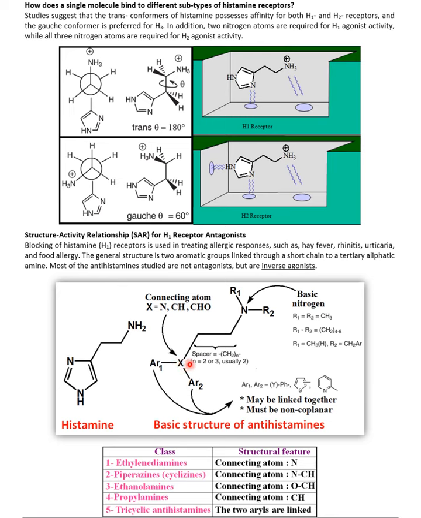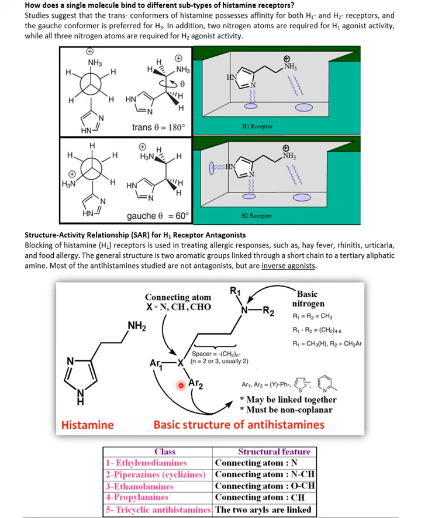And if you have an OH group for the X atom here, we call it ethanolamine, because now you have the amine and you have the ethanol group, C, C, and O. This is ethanol. And if you have a carbon in place of the X, it's called propylamines. Propyl comes from the fact that it's propane. Now you have 3 carbons, propane, propylamine. And finally, if you have